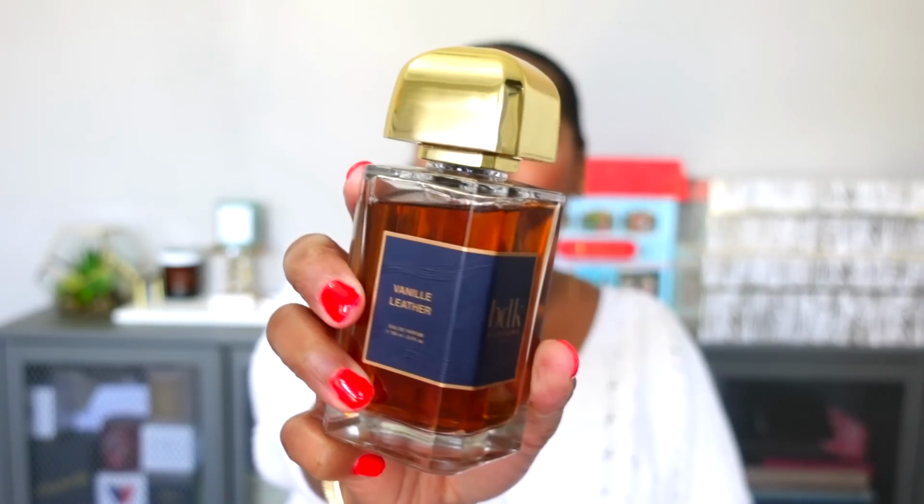And this last fragrance is another honorable mention because again, it is very new to my collection. I did get a chance to wear this one time, but I still feel like I don't know it enough to really include it on the list. But I have to tell y'all, it was love at first sniff. So this is from BDK, and this is Vanille Leather. I have been waiting to try this since I saw the promo images from it, and recently it just became available in the United States, so I had to scoop up a bottle,